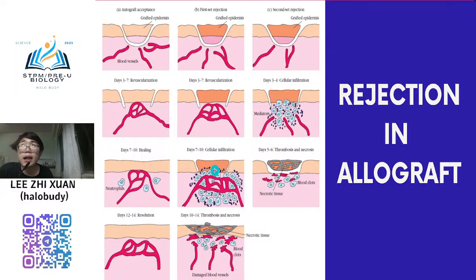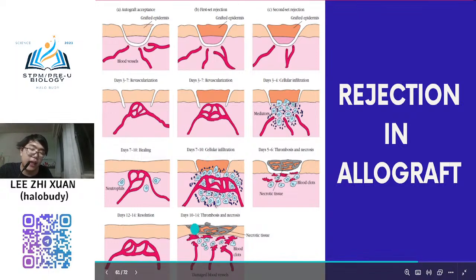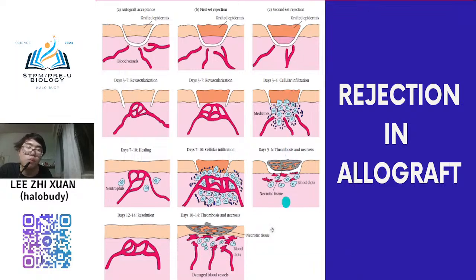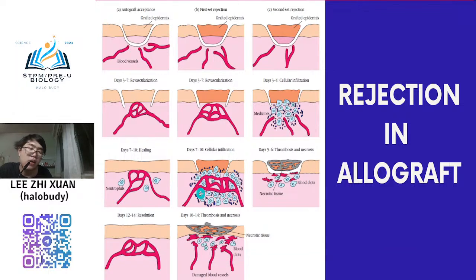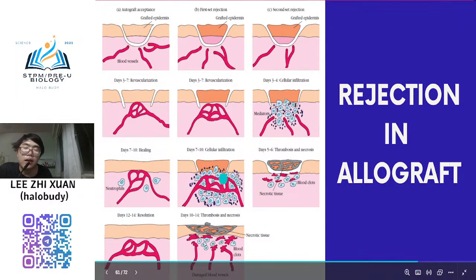Ini bukan body, bukan komponen yang badan awak sepatutnya ada. Dia anggap ini adalah bakteria, ini adalah cancer, or ini adalah virus. So dia akan attack. So when you attack, then you will get the more worst situation lah. Inflammation will occur lah. Another one, this one is more another rejection. This one is more rapidly occur. Okay, so this one I just want to show you how rejection occur due to your leukocyte. Your inflammation will occur.